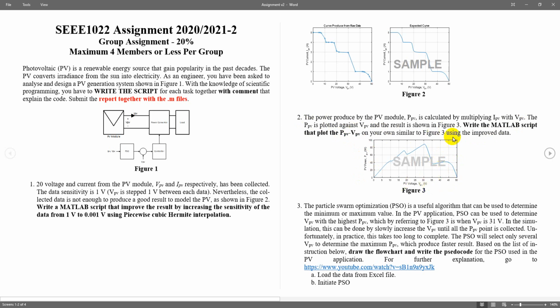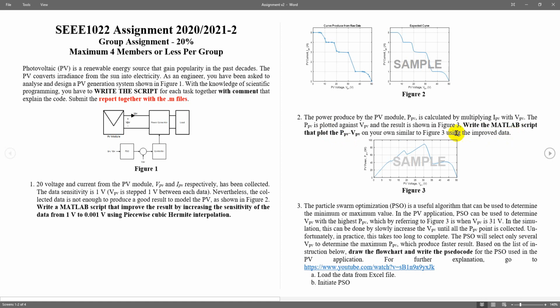On your own, similar to figure 3, but using the improved data. So basically you have to use the interpolated result, multiply I and V, and then plot P and V. This one is an array operation, so you can use array operations to get this.